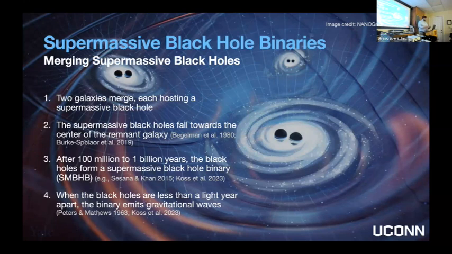Now, I really want to emphasize just how small that separation is. The distance from our sun to the nearest star system is about 3 light years. I think a little bit over that, even. Either way, it's a longer distance than we're talking about here for these supermassive black hole binaries. So it's really only at these really, really tight separations that they start emitting gravitational waves. And we really can't resolve that. So the only way to really see these systems is by looking for these gravitational wave signatures.